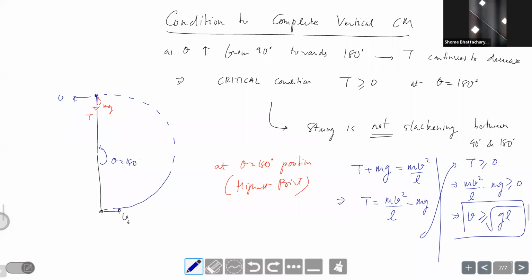So that gives us the condition on V, because I want T to be greater than or equal to 0. So if tension is greater than or equal to 0, that means the speed at that point should be greater than or equal to root gR. Or in other words, you can also understand it this way. In this equation, if my V was less than root gR, I would have got tension as a negative quantity. That's not physically possible. If I got the tension condition negative here, that means somewhere before that the string is slackened. So if the string is slackened before this, it will never reach that point. From there only it will fall off.